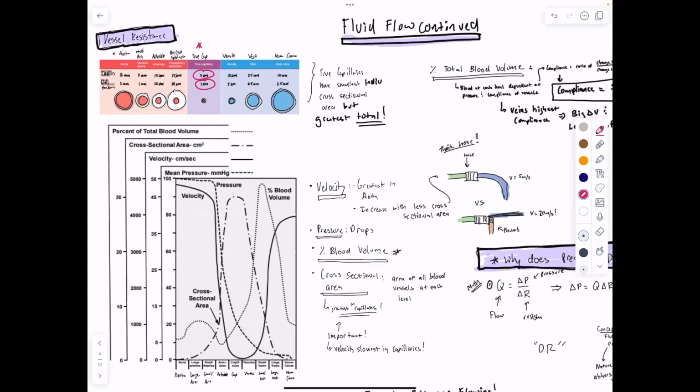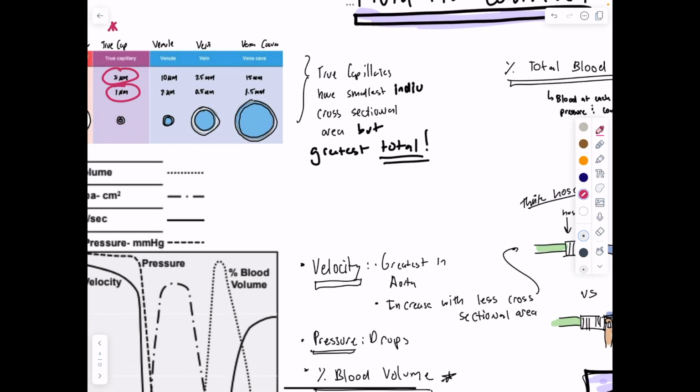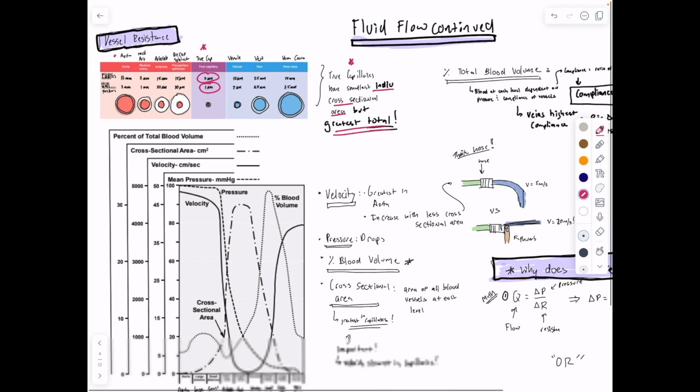3 micrometers, which is minuscule. And so it's interesting to know, and we're going to make this point at least twice, the capillaries have a small individual cross-sectional area, and so you're like, that's the tiniest straw to drink through. So capillaries have the smallest individual cross-section, but they have the greatest total cross-section when you look at all the capillaries together. So this is important to keep in mind as we talk about the net system of the